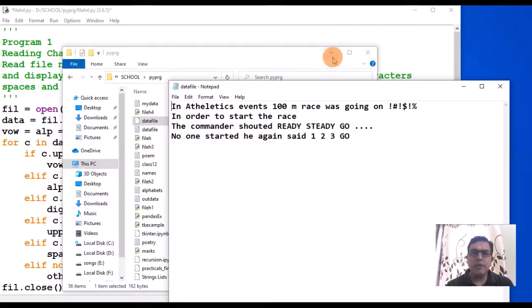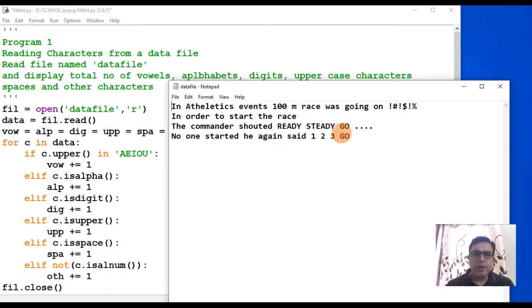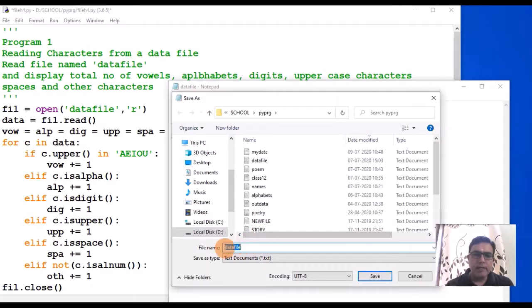You open a blank Notepad, type whatever you want to type, and then File, Save As, and here you have to give the name of the file as data file. Earlier also I have told you this.